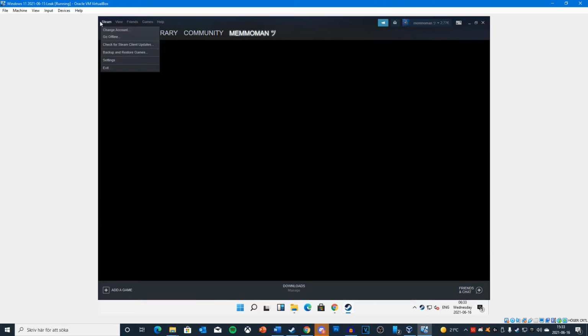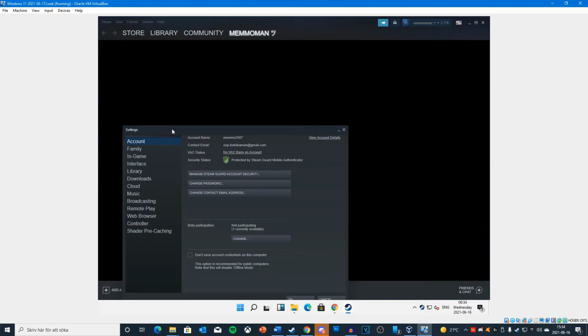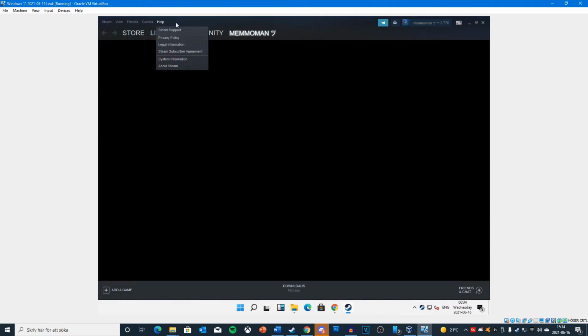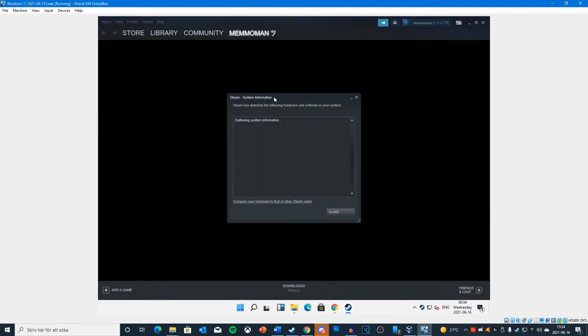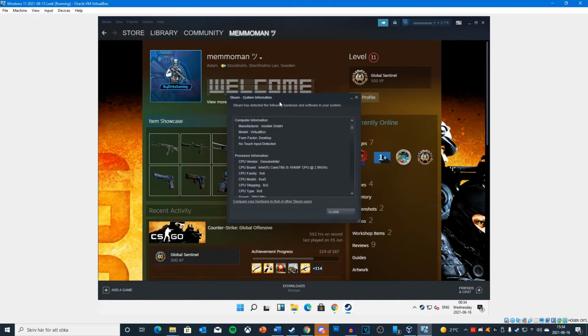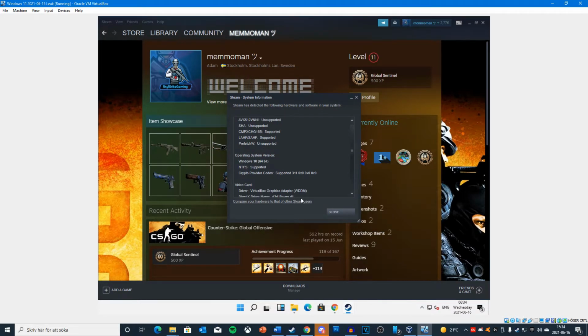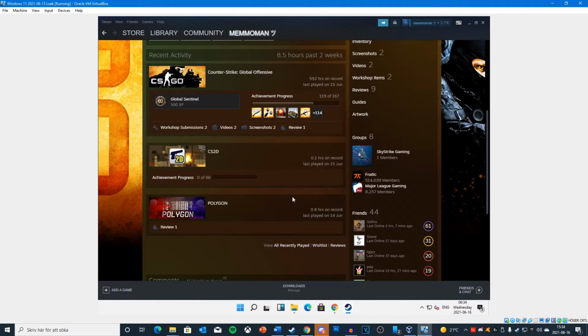Although, if I check here, no, I think it's in settings here. Actually, I don't remember where to put it. Yeah, here, system information. If I click that, see if it actually says Windows 10 or Windows 11, because VirtualBox wanted me to put in Windows 10. That's my info, I have to block that out as well. Yep, it just says Windows 10 64-bit, so I'm guessing this version of Windows 11 is still very rough beta,